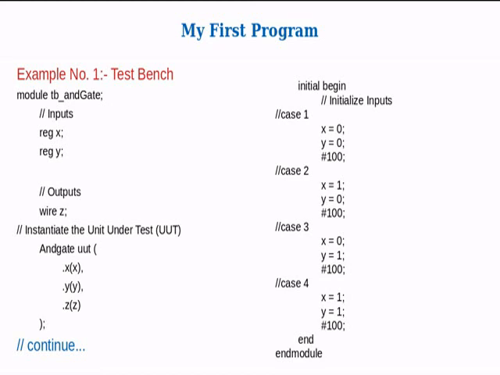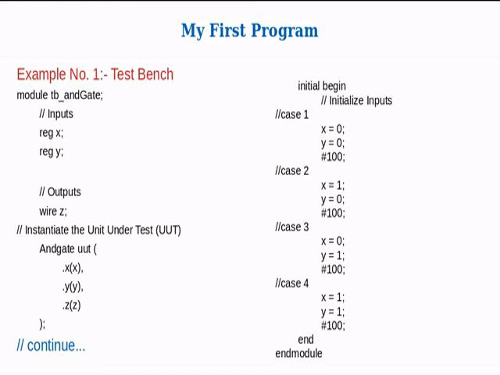Then you have to give the inputs, which must be defined according to verify the truth table. So for case 1, we put values for X and Y as 0, 0. For case 2, we put the X and Y values 0, 1. And after that in case 3, the input values are 1, 0. And in case 4, both inputs are 1.